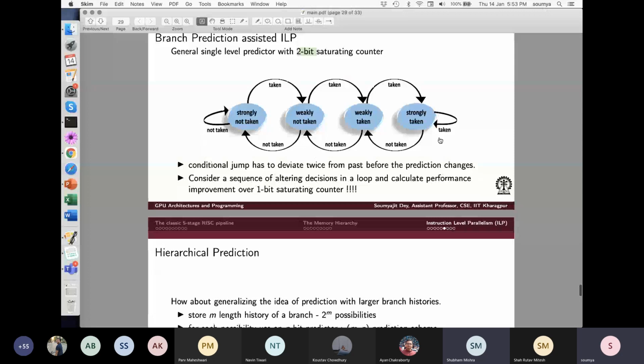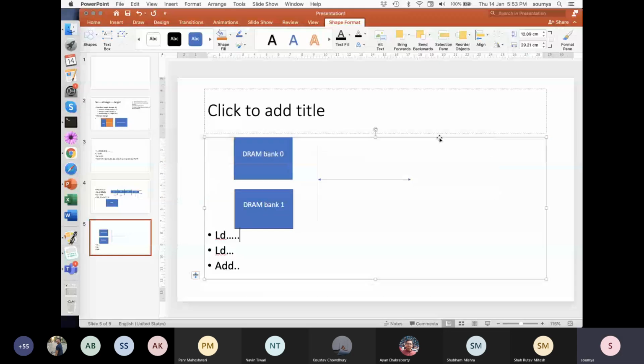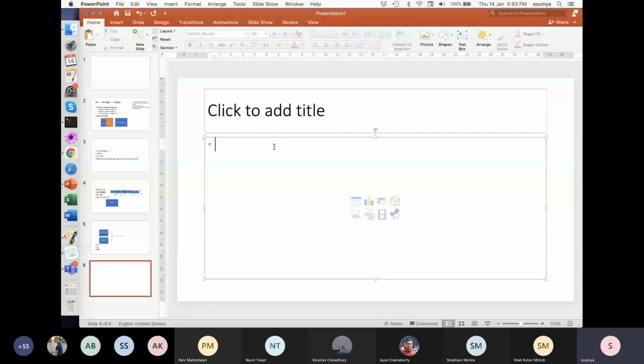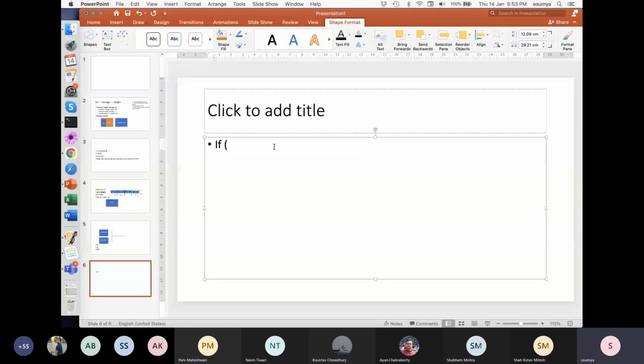What is branch prediction fundamentally? It's all about predicting whether I have to take the branch or not, based on just a hunch, without calculating the branch condition. Let me explain. Let's say I have a condition: if A greater than B plus C, then you are going to do something, right? And otherwise, you are going to do something completely different.